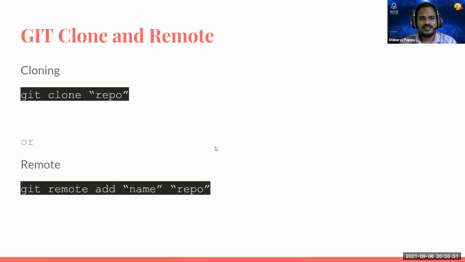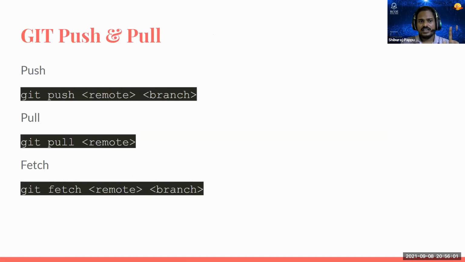So we have seen these things, how to clone and how to remote add a repository. So this is done. Now how to push and pull, this also we have seen. एंड फेच अगर करना है आपको तो ये उसका कमांड है, राइट? सेम एज पुश, सेम है. ओनली डिफरेंस इज इट विल ओनली डाउनलोड, इट विल नॉट अपडेट द कोड. आपको अपडेट गिट मर्ज करके मैन्युअली करना पड़ेगा. ठीक है,